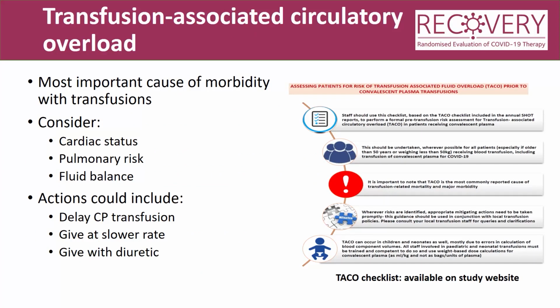Transfusion-associated circulatory overload is the most important cause of morbidity associated with transfusions. And there is a TACO checklist available on the study website for you to use. But it's important before prescribing that you consider the patient's cardiac status in terms of their risk of suffering circulatory overload, their pulmonary risk in terms of their risk of pulmonary edema, which is the worst consequence of circulatory overload, and their fluid balance. Many patients with COVID-19 may be slightly dehydrated from the fever, but this needs careful consideration,